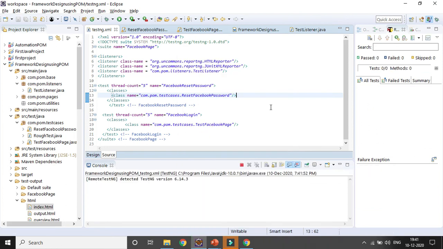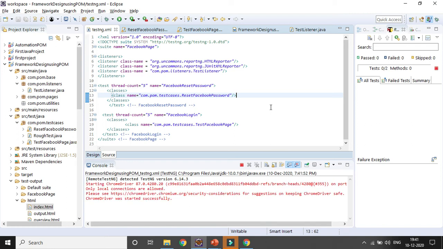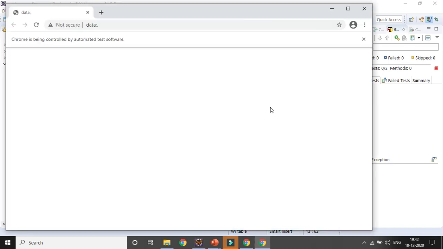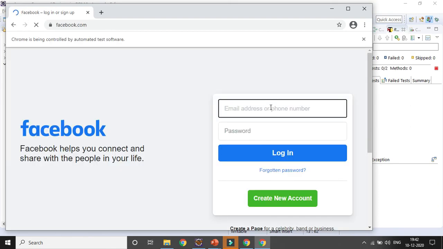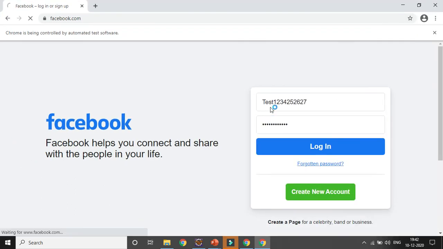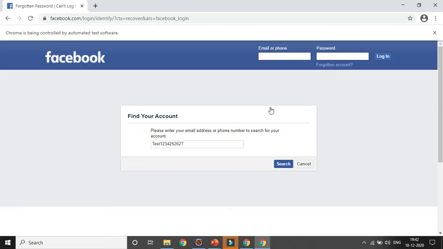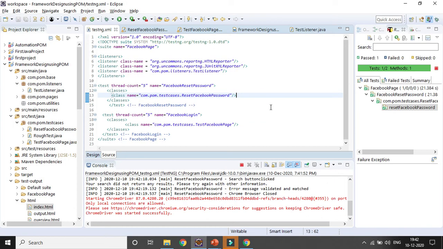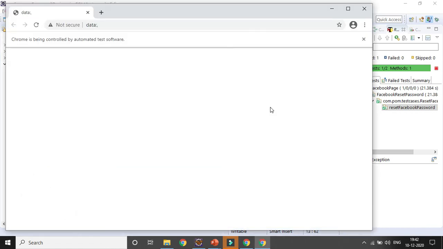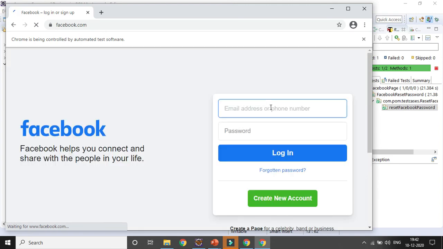Now the test Facebook page class will fail, whereas the reset Facebook password class and relevant test case will pass. And for the pass test case, it will call that listener class, right, on test success, and for the failure, on test failure, and you can get the details in both reports, right? One is the testng default report, one is the report-ng report, which is customized. We have tried to customize some part, but it can be made more customizable so that it can be presented to the stakeholder, right? It can be a manager, a client, another governing body, or delivery leadership, right? So it can be presented.